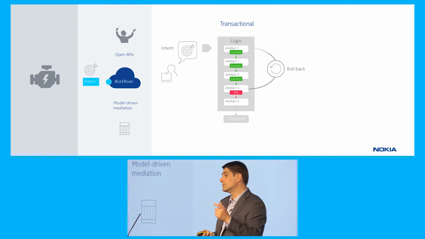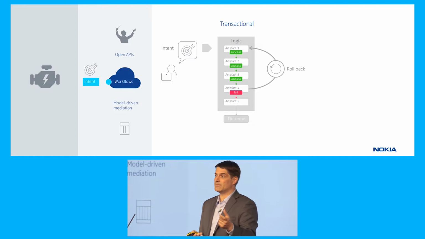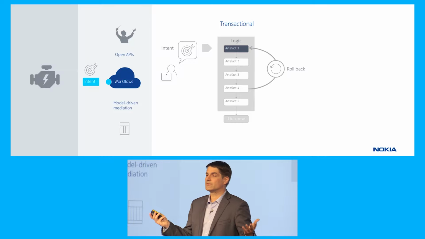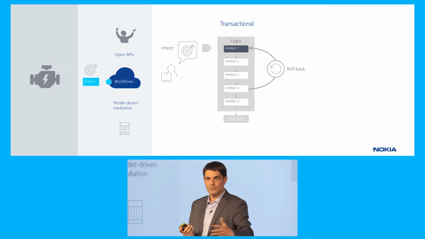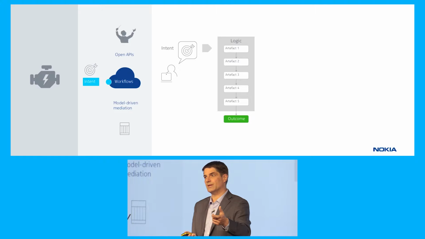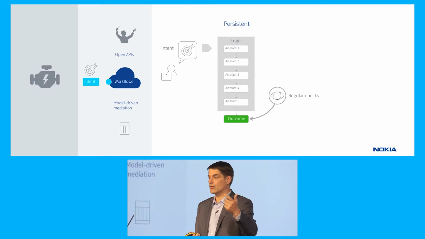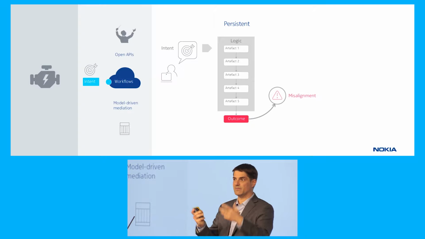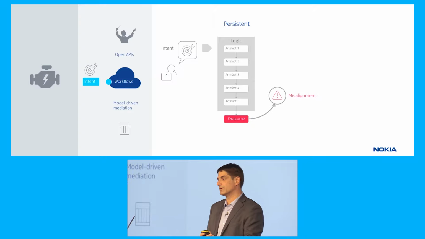Or I could decide to actually proceed. Maybe you're pushing some configuration into 1,000 network elements, and 20 of them are not reachable. So you decide to proceed, and then you will finish later on. Or even more important, for those 20 that have failed, there is an audit happening all the time. And as it happens, it will determine that there is a misalignment between desired intent and what is configured on the network, and it can trigger redeployment of that configuration again.